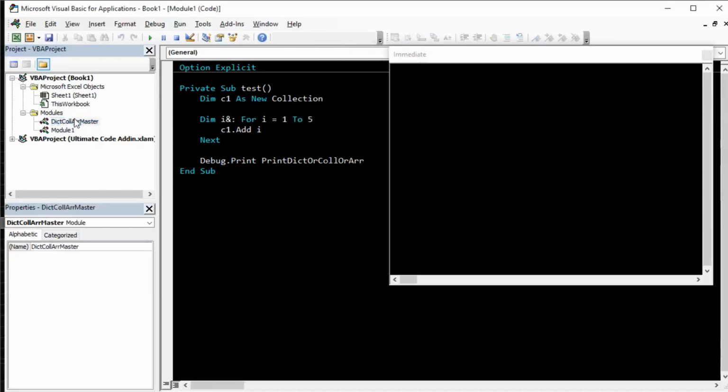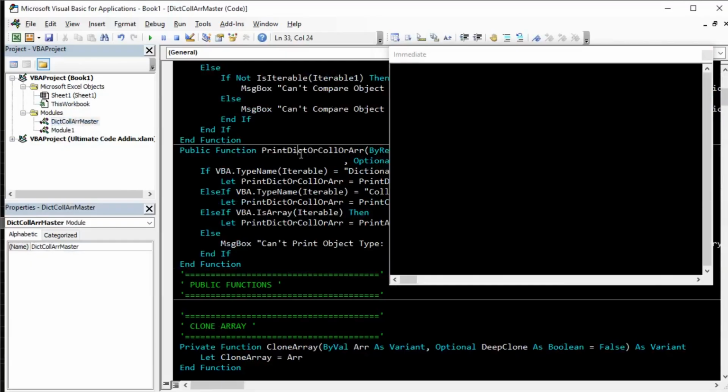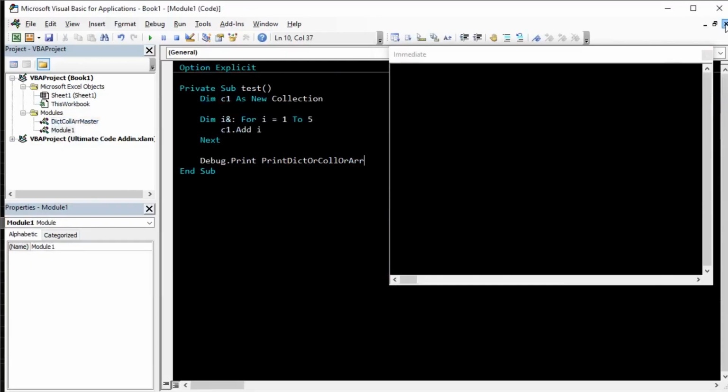This is the function that I have created here. Pass the iterable, which can be a collection, dictionaries, or arrays. Now if I run this, you can see this gives us the collection as a list